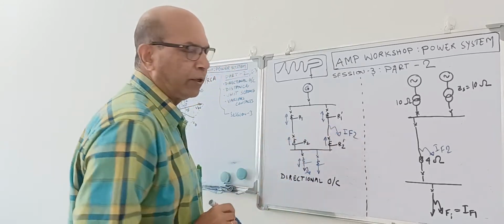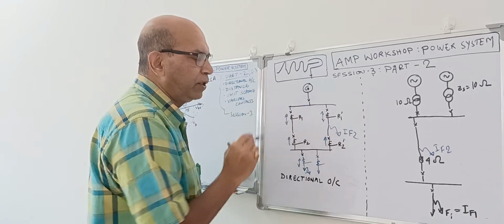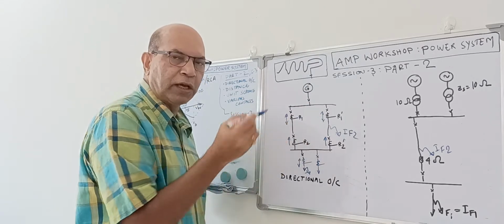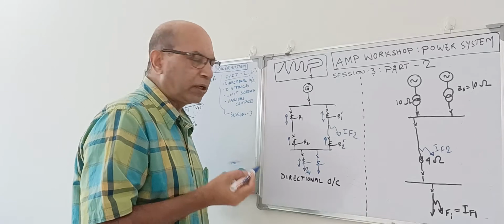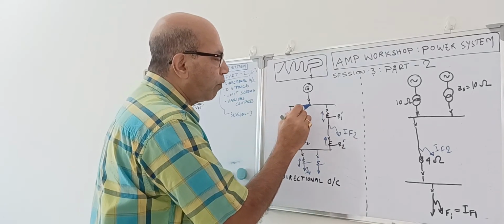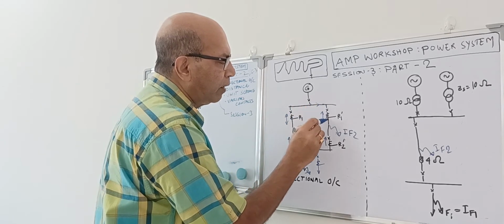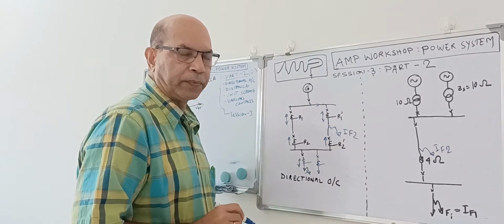This is the fault current flowing. The moment the fault occurs over here, this generator will try to feed the fault current, because fault current is 20 or 25 times the load current. So load current is not predominant; fault current is predominant. When the current comes over here, it has two paths. One part will come this way and feed the fault.